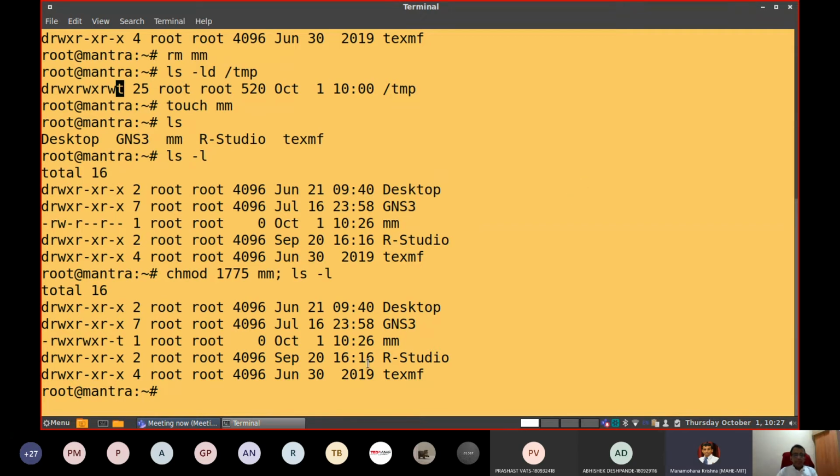I modified the permission of that file. Now you can notice this particular permission t, sticky bit is set to 1. How to set sticky bit equal to 1? So observe this command very carefully. What is unusual about it? Anybody?